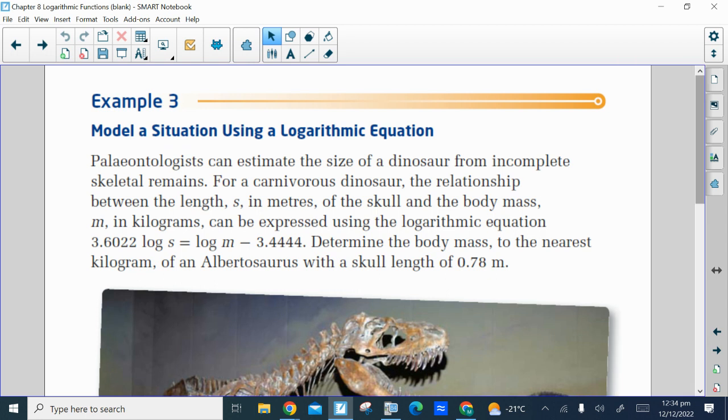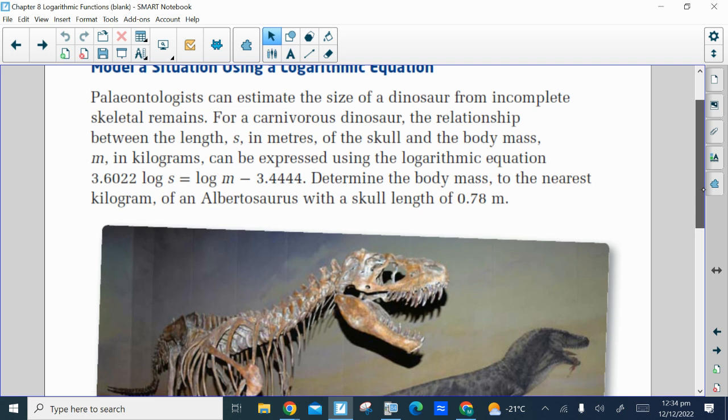So, looking at some applications of logarithms. Here's another example of using logarithms in an equation. Paleontologists can estimate the size of a dinosaur from incomplete skeletal remains. For a carnivorous dinosaur, the relationship between the length S in meters of the skull, and the body mass, m in kilograms, can be expressed using that logarithmic equation,